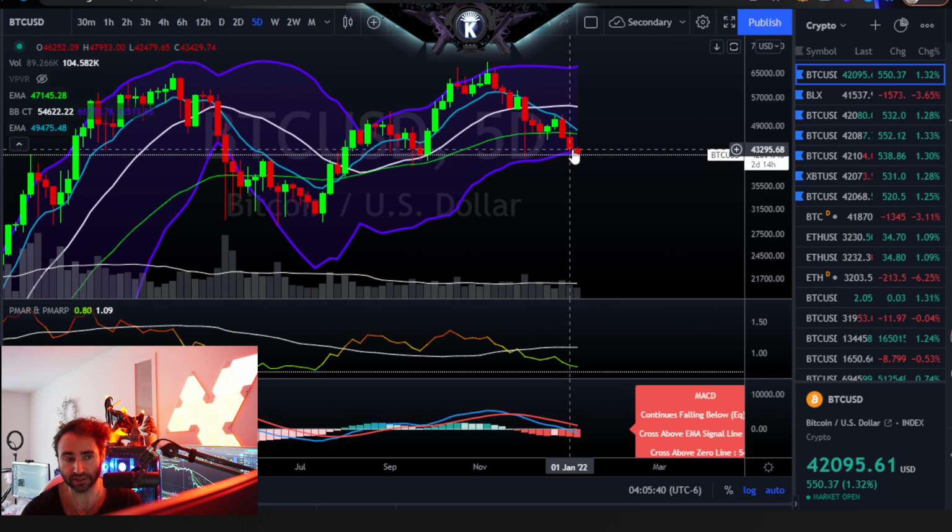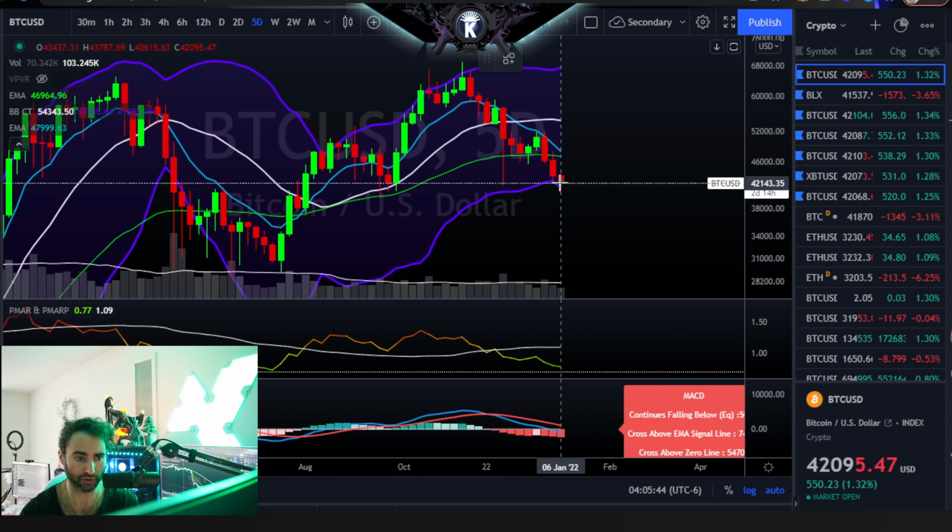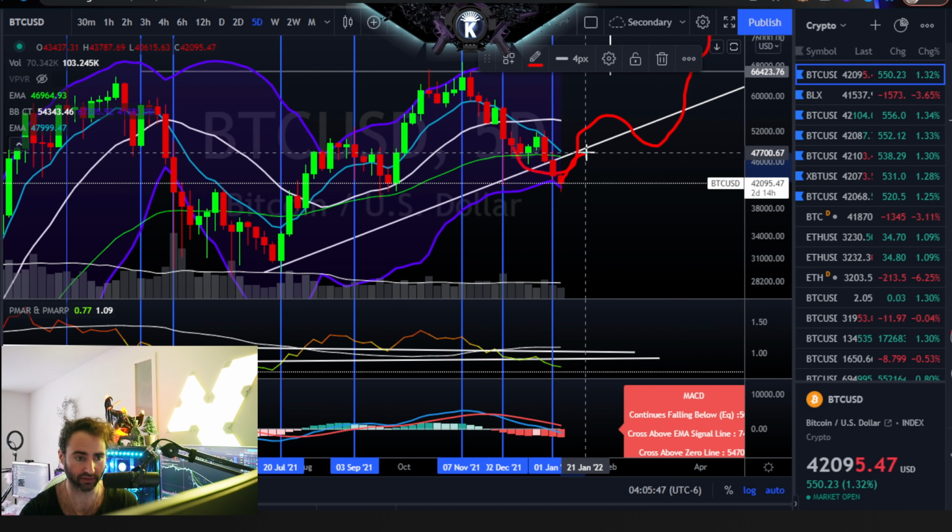If we start to get something similar where Bitcoin does pop up, which I'm kind of suggesting is likely to happen in the short and medium term here, something like this where it pops back, or hey,